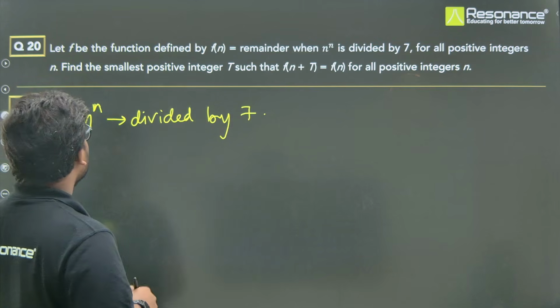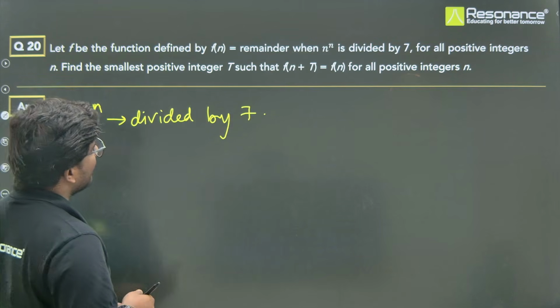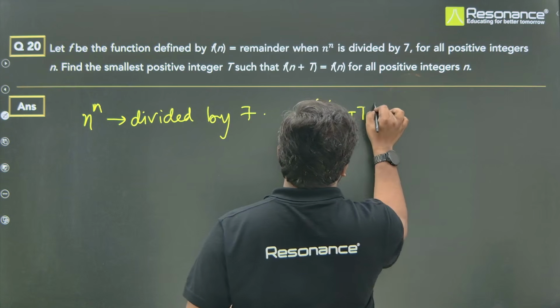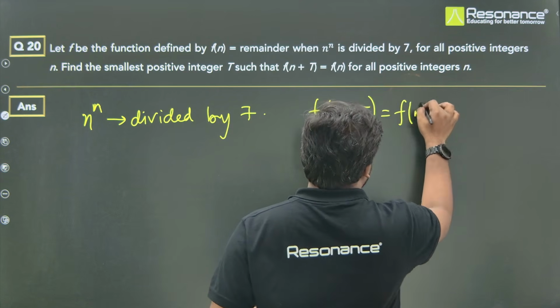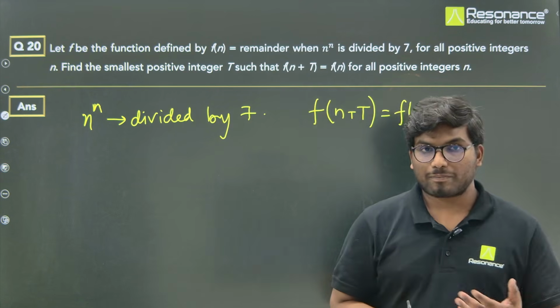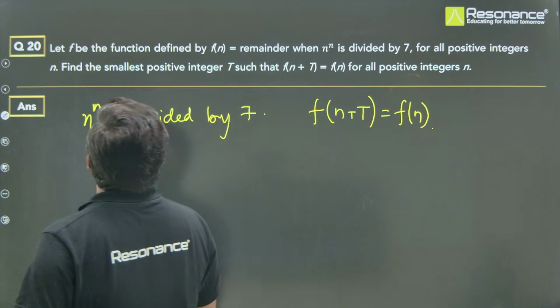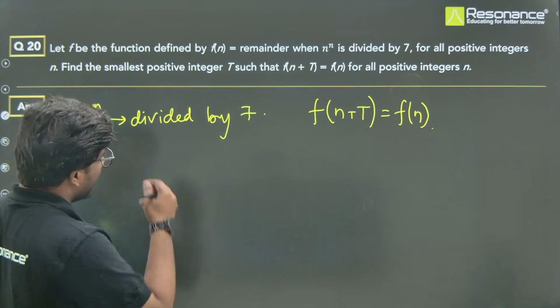For all positive integers n, find the smallest positive integer t such that f(n + t) is f(n). Identically, they're asking us for the principal period of the function f, right? So before we get into that,